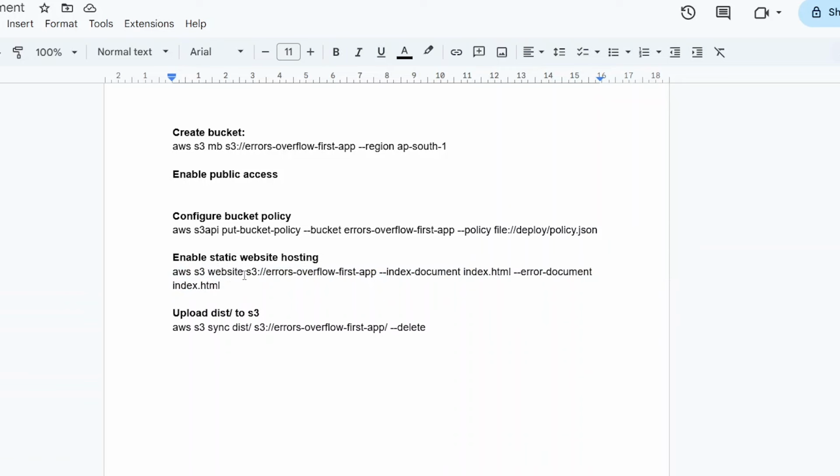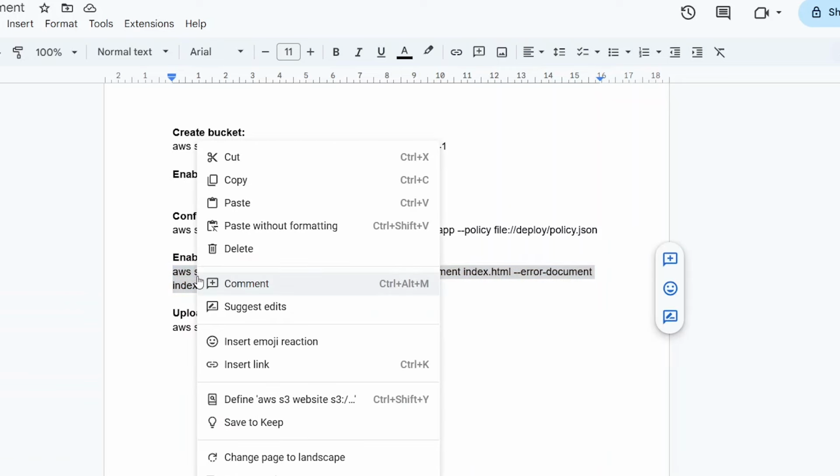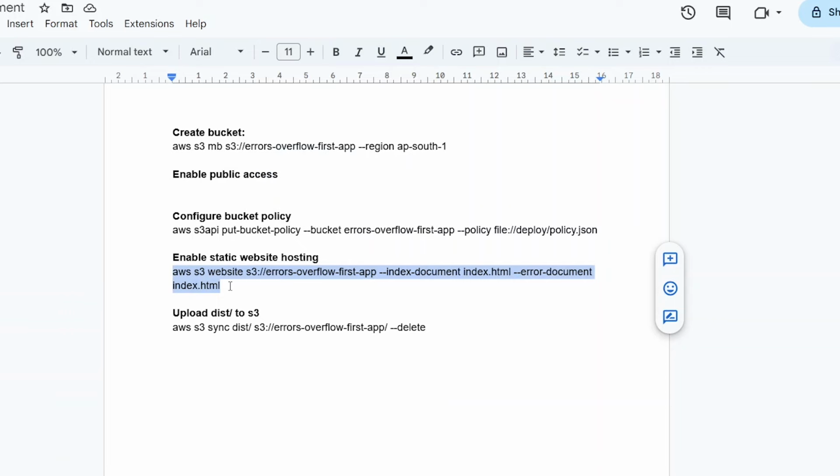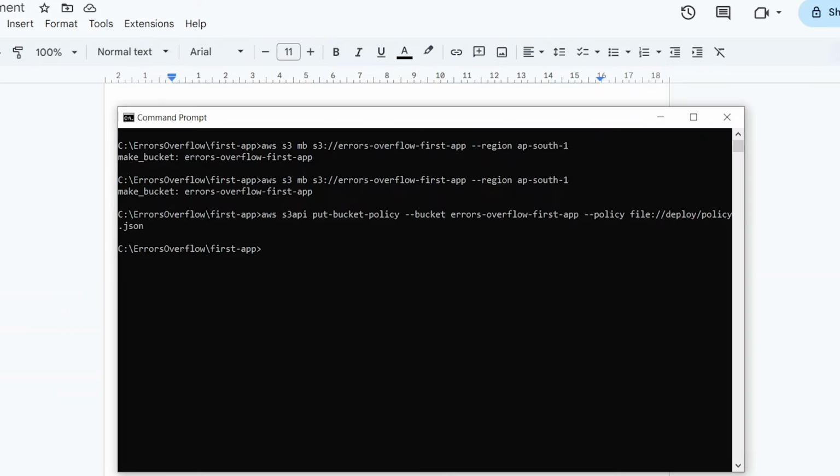This is aws s3 website s3 colon double slash, then unique bucket name, then --index-document index.html, and then --error-document, that is also index.html. So if you have an error.html file, you can put it here. I have index.html.